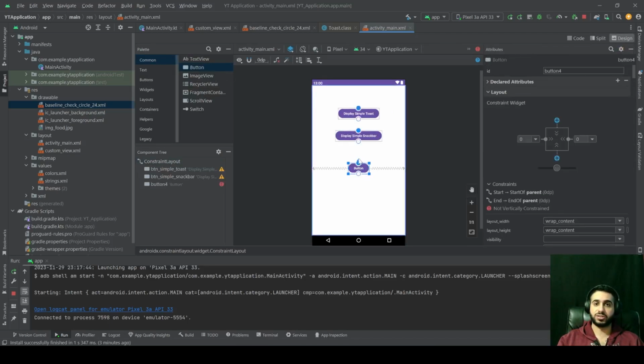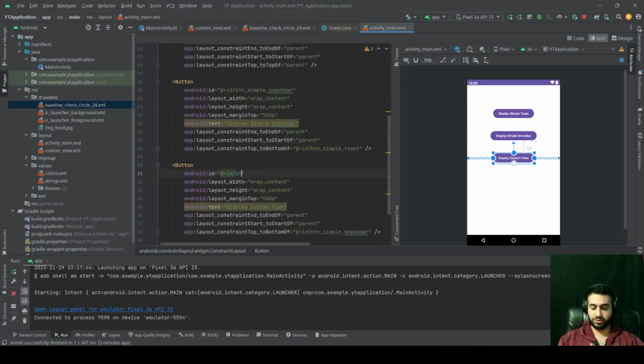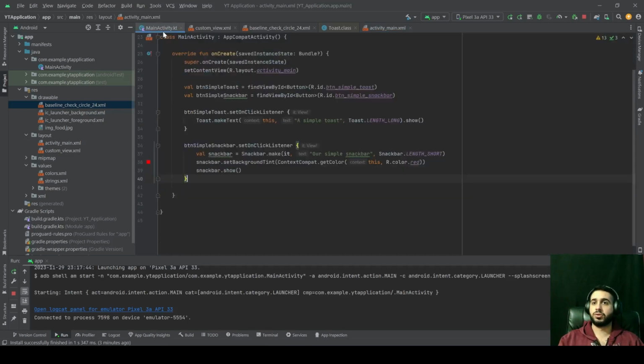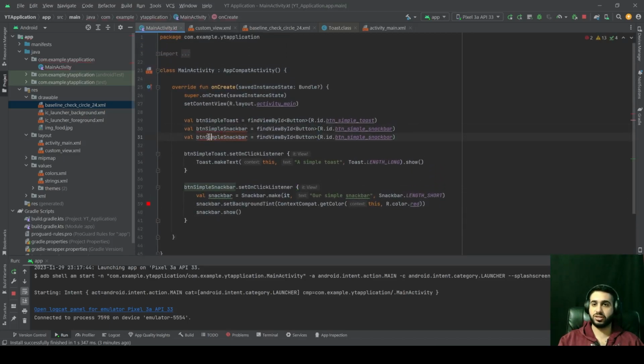Drag and drop that button right there or wherever you want. Give it a top margin so that you can see it. Click on that button again, and here you can write display custom view. For the ID of that button, you can name it btn underscore custom underscore view, like that. Go to your main activity .kotlin file, create a reference for that button,